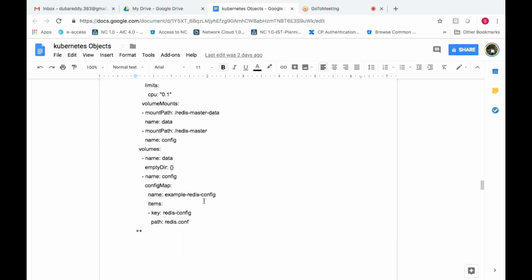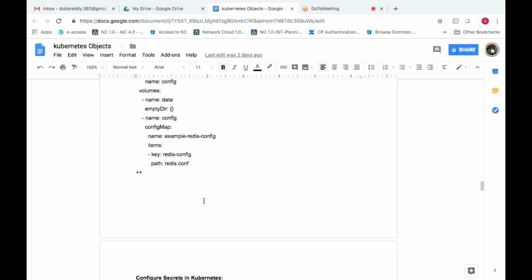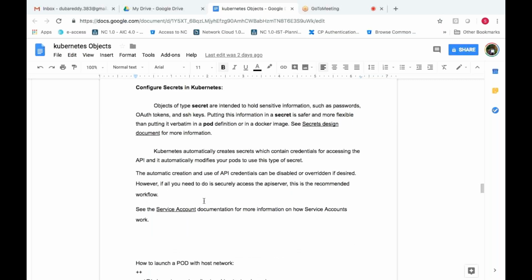Okay, so now we are coming to secrets. I hope I haven't started with secrets. Secrets are nothing but, let us say you want to hide sensitive information in Kubernetes while creating objects like pods and containers. I want to store sensitive data, and I cannot give it as plain text.